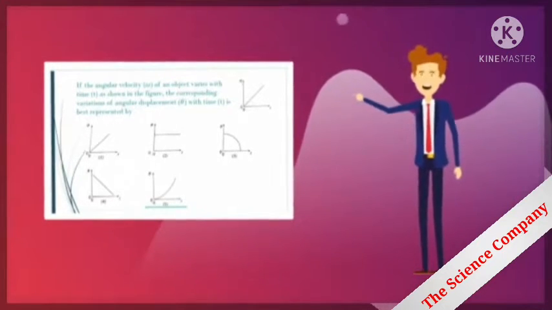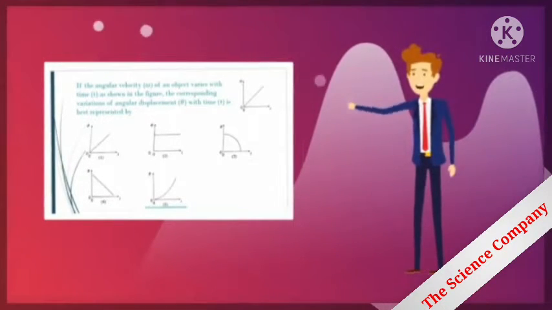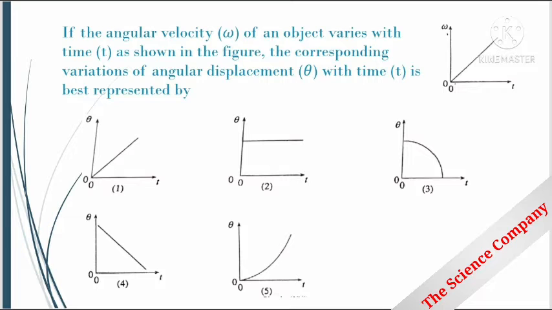If the angular velocity of an object varies with the time as shown in the figure, the corresponding variation of angular displacement with the time is best represented by